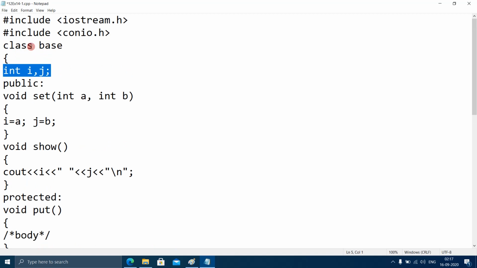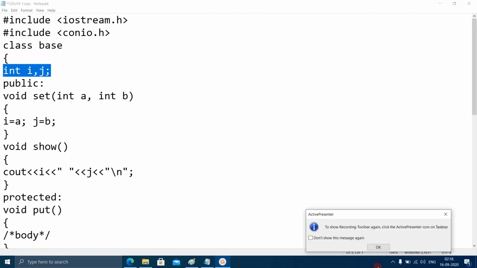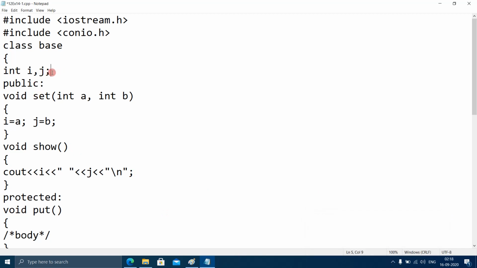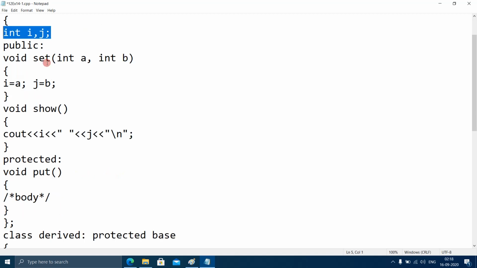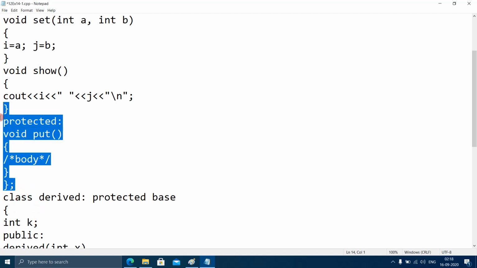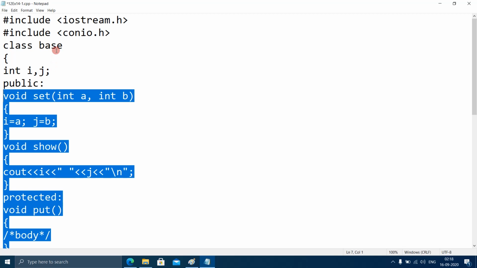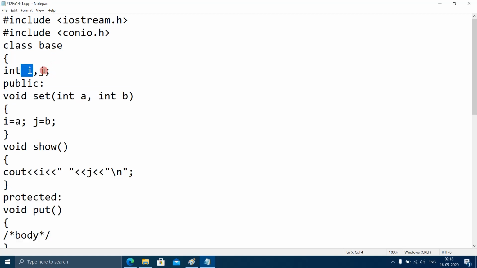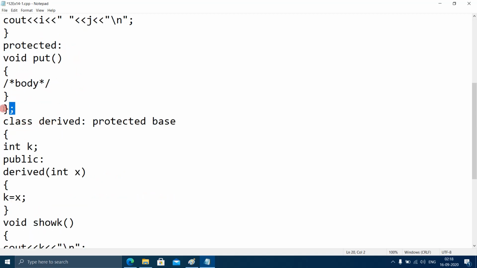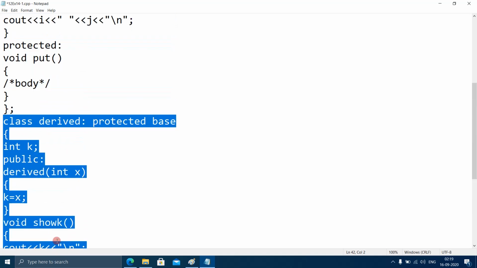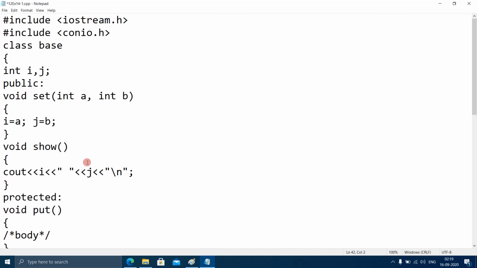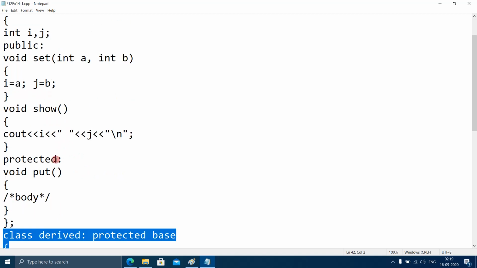If anything is private to a class, then anything outside the class cannot access the private members of that particular class. If this i and j is private to the base class, then anything outside this class cannot access the private members of this base class. This we know. But what if I want that there should be some data member, for example the put function,